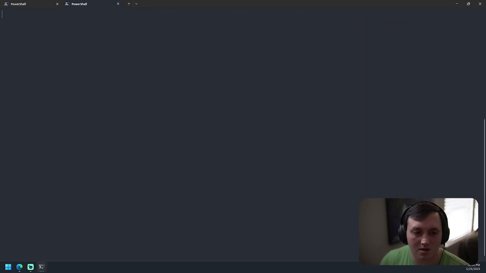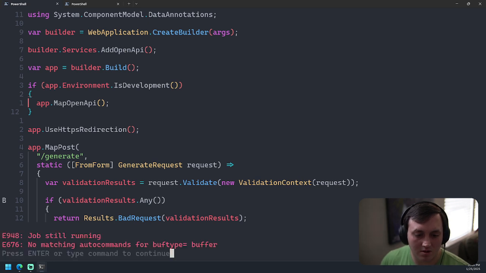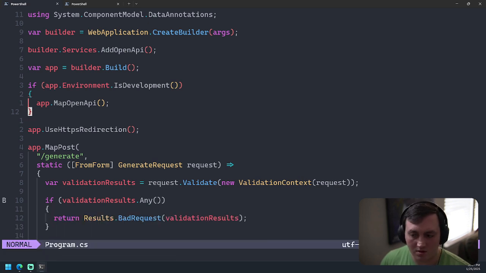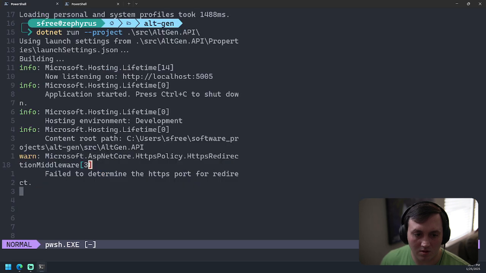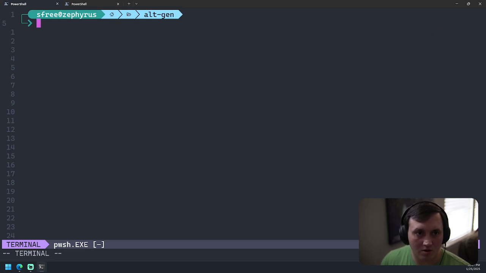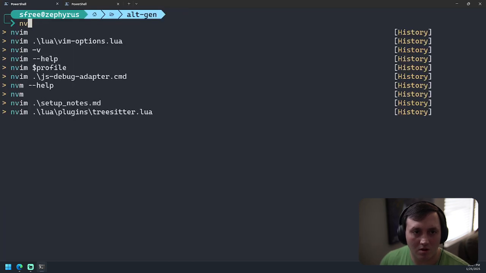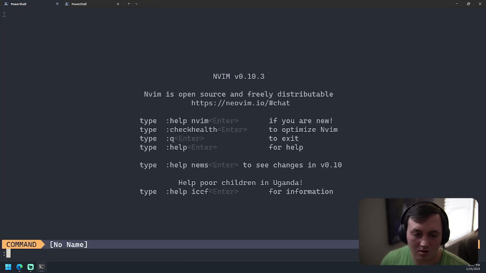Well, why is it locked? There we go. Oh, now I have an error again.